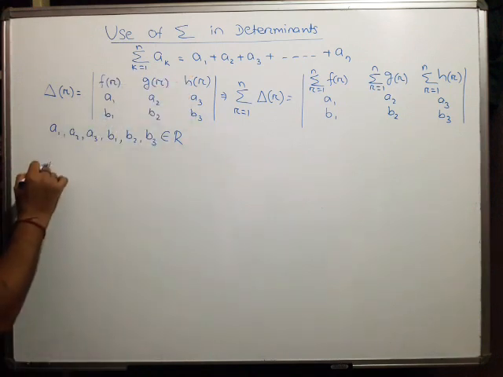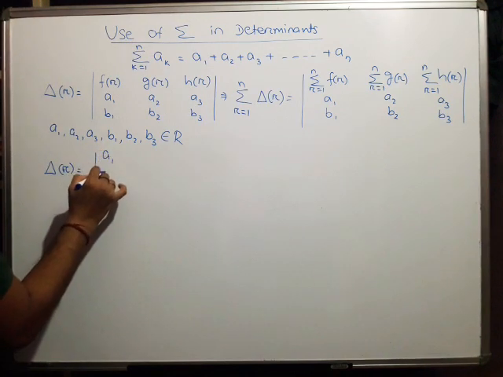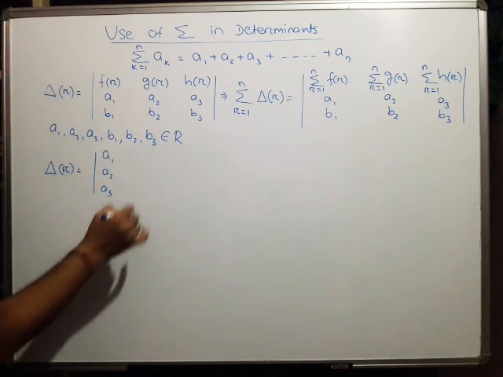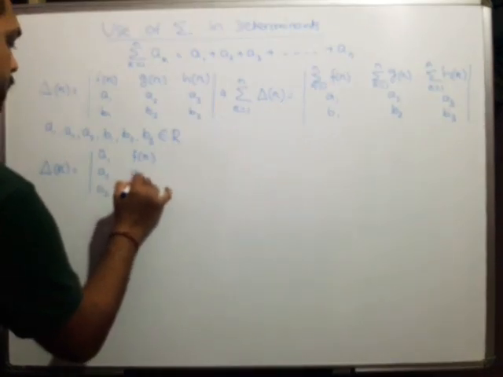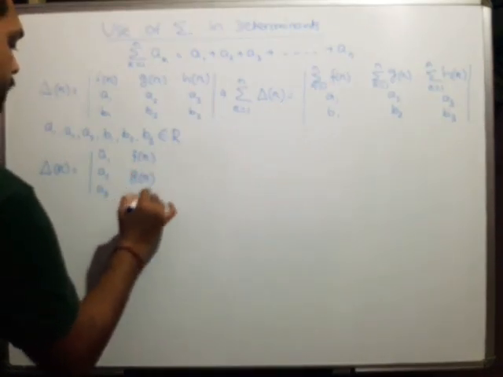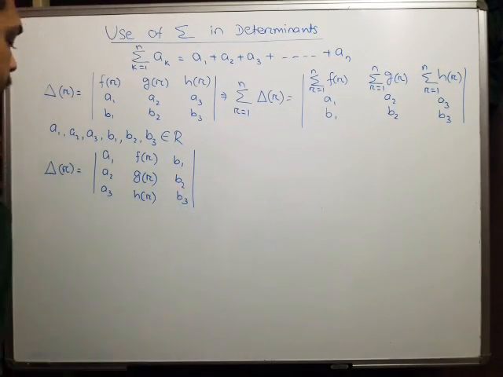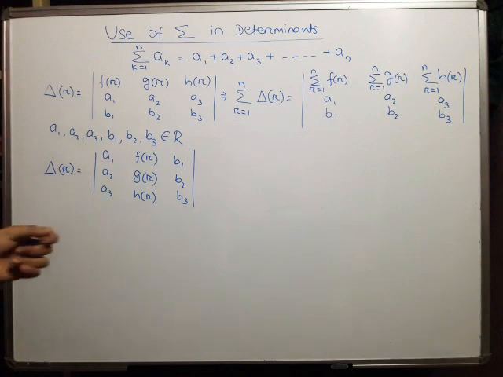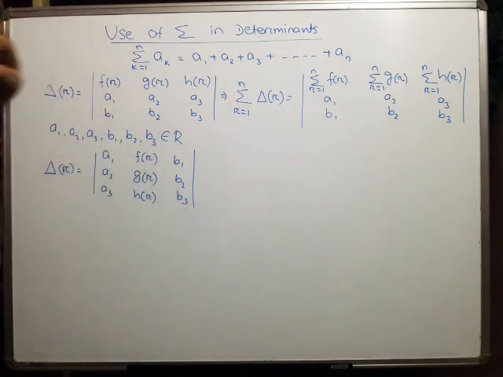Here the functions were in a row. Now suppose a1, a2, a3, then f of r, g of r, h of r, and b1, b2, b3. Now the functions are in column 2, and column 1 and column 3 consist of constant terms. So if I apply